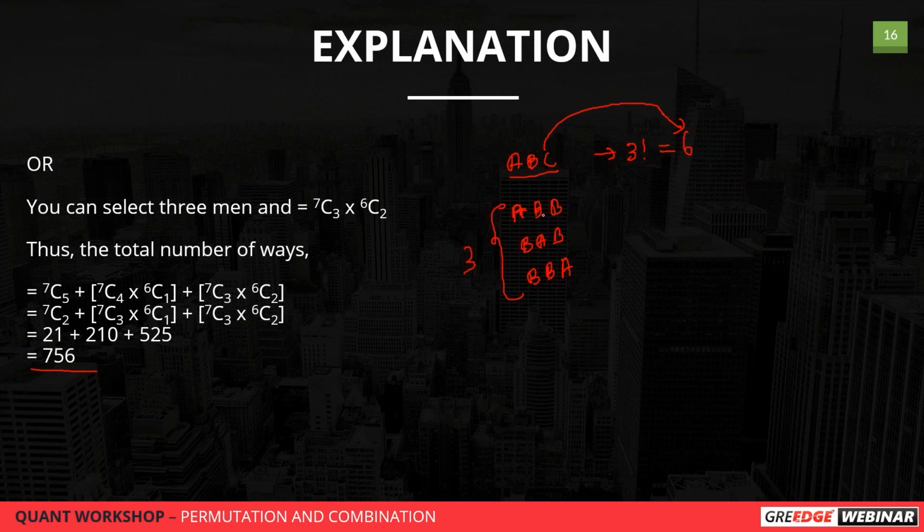If you look at it, if I shuffle the two A's on either side, it doesn't make any change in the arrangement or the word. So when a repeated letter comes, we have to remove the duplication by dividing by the number of times it gets arranged. How many letters got repeated? Here 2 A's got repeated, so we need to divide by 2 factorial. So this will give you 6 by 2, 3 ways we can arrange. Got it now? Let me give you one more example.